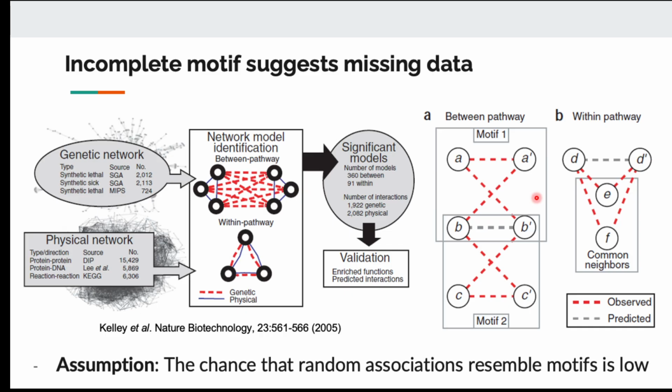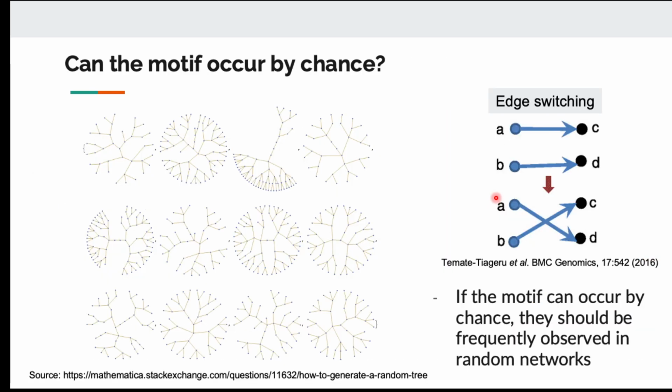So the question is, for this kind of motif, this pattern, how much can we trust that the missing edges here are real? They are real but missing because of our lack of knowledge, and not because in biology there is no interaction here. What are the chances that we can trust this kind of approach? So people want to be able to show how much confidence, how much p-value we can expect to see from this pattern. So this takes us back to, I think, I forgot which lecture, but we talked a little